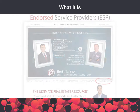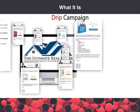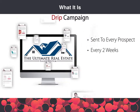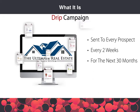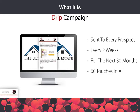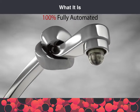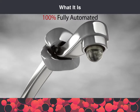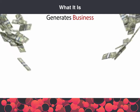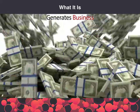closely with. One of the most powerful things about the system is a 30-month, fully automated drip campaign, touching every one of your prospects every 2 weeks for the next 30 months. 60 touches in all, and you don't lift a finger to do it. Imagine, for the first time ever, a 100% fully automated drip system to nurture thousands of prospects with the click of one button. Can you imagine how much business this feature alone can generate for you over the next 30